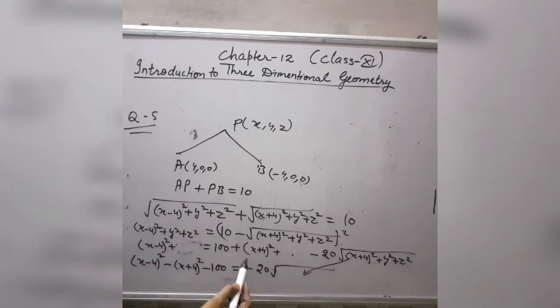So for removing this root, again you will take squaring on both sides. Before taking the square you can simplify it. After that, for the remaining terms you will take the square, and in this case square of minus becomes plus, square of 20 is 400, and in this term the square is cancelled with the root. So in this way, by removing this root sign, you can simplify it, and after simplification it gives you an equation in x, y and z. So this will be the equation for the set of points for P. So this is exercise 12.2.